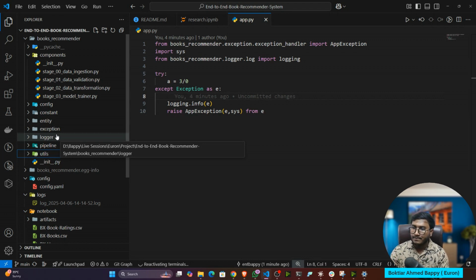So if you understand the one template, the rest of the project you can implement as it is, without any kind of doubt. Just try to understand one template. Going forward, whatever ML project or DL project you will be implementing, you can use the same template as it is. And I promise there won't be any kind of issue.